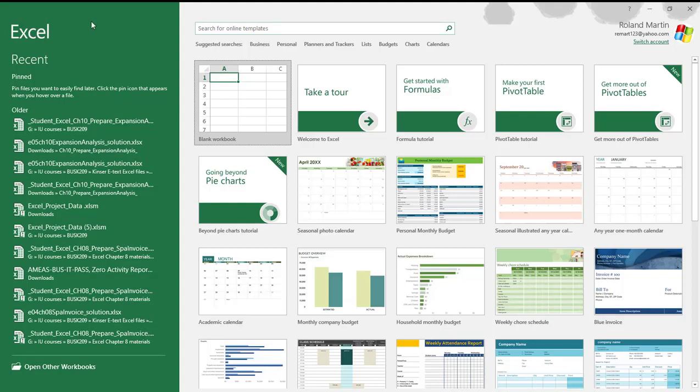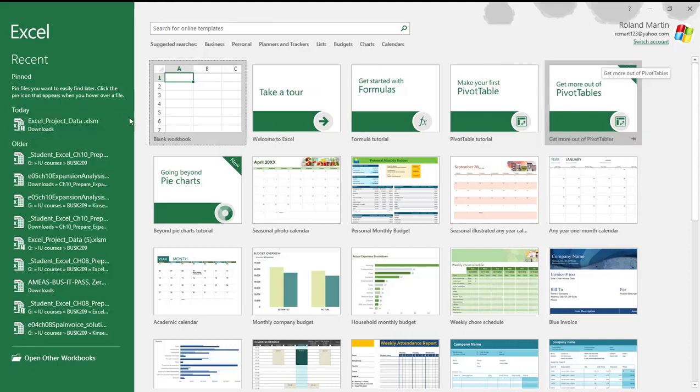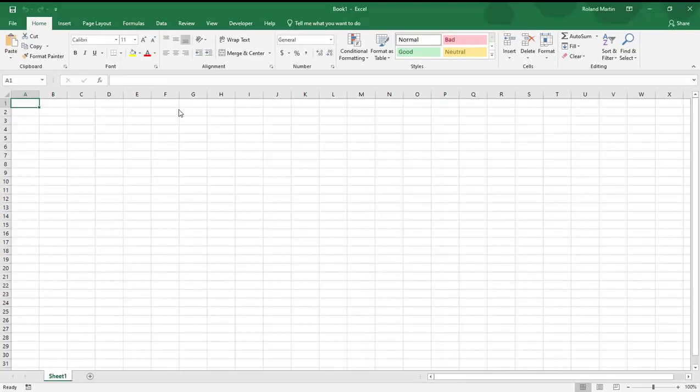We can also over here see ones that you've pinned that you use regularly, so you can access that, or ones that you've recently opened up. So that's how to get started from the Excel start screen. So I'll just click on a blank workbook here, just so we can look at how to get started